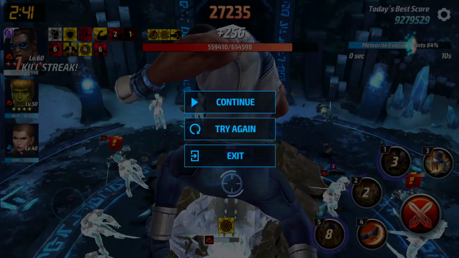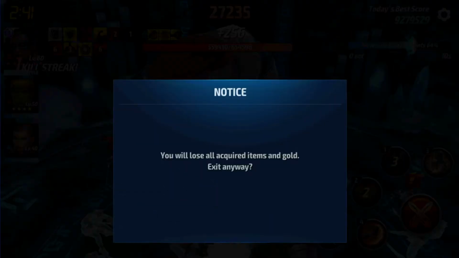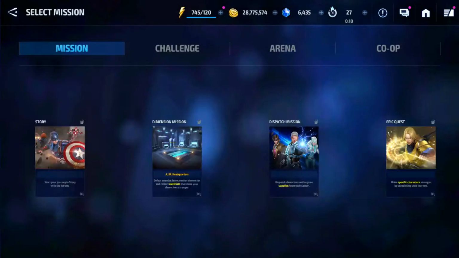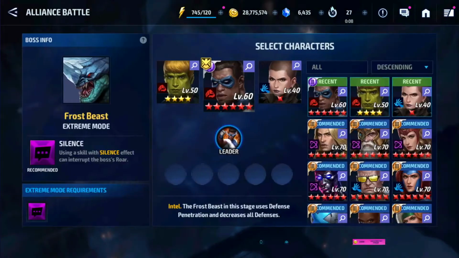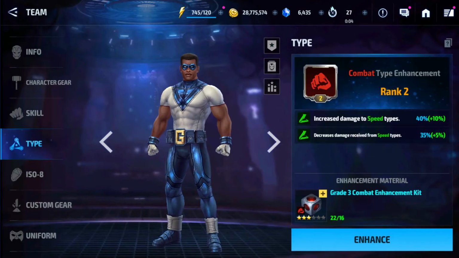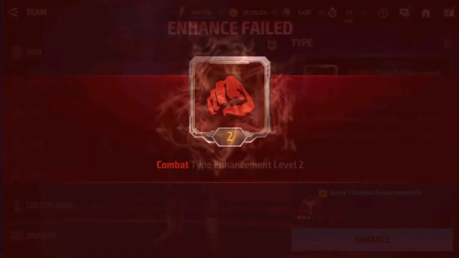Okay, so after, that's basically 20 seconds. So after 20 seconds, he did 27,000 damage. Now I'm gonna exit this. I'm gonna use the same team, but I'm going to increase his type advantage, type enhancement by, let's see how high I can get it to. So this is,